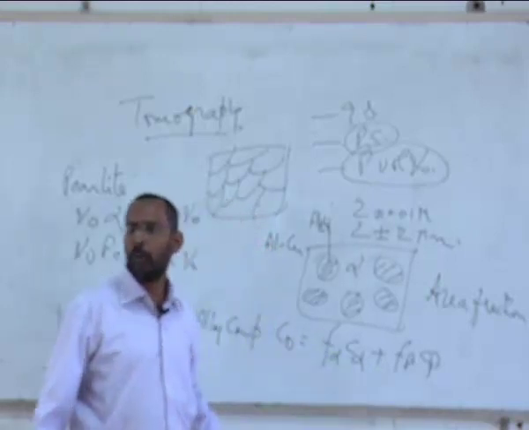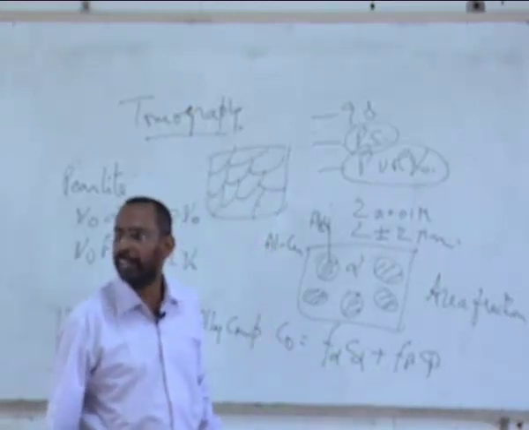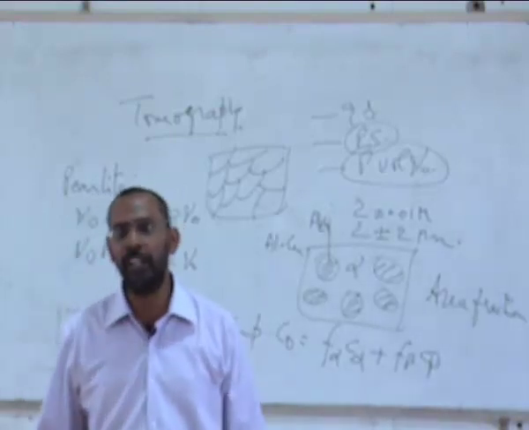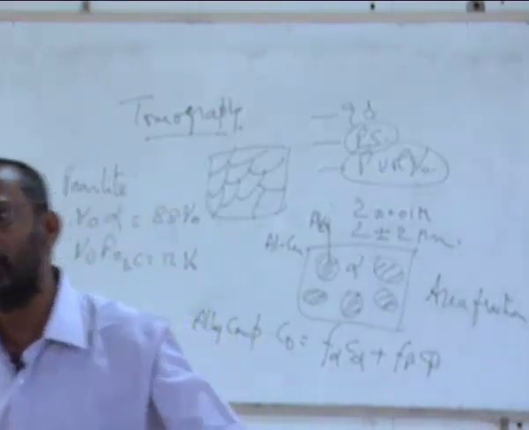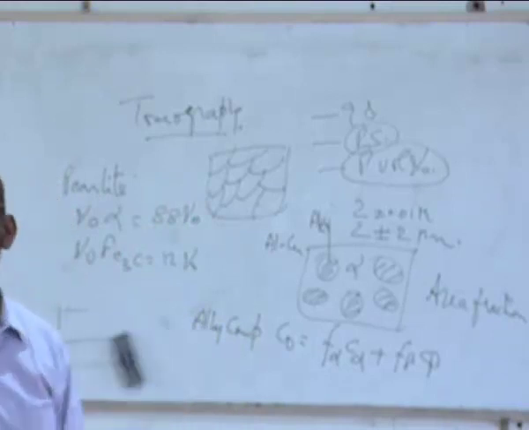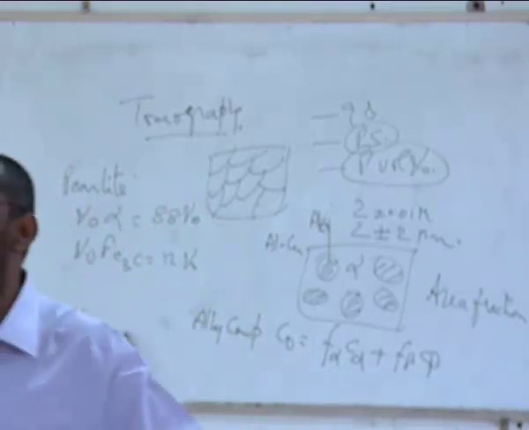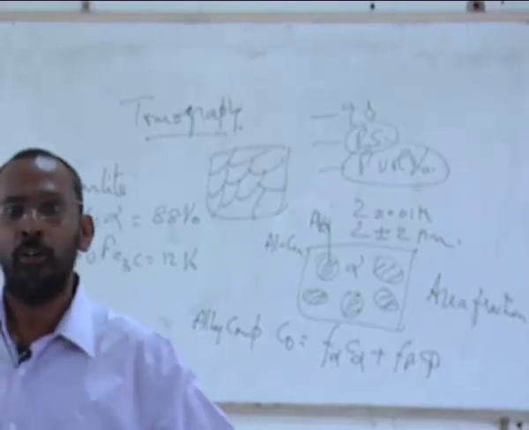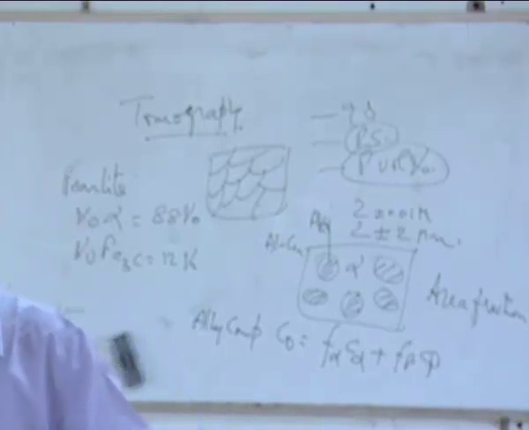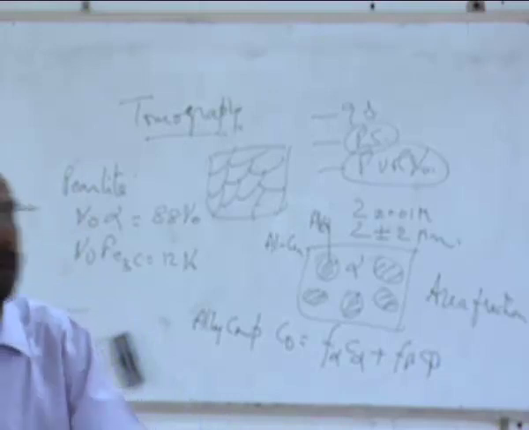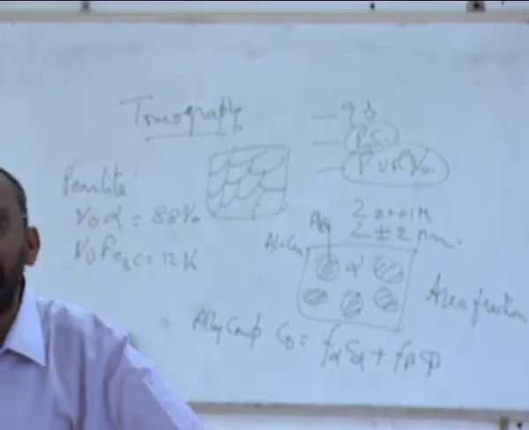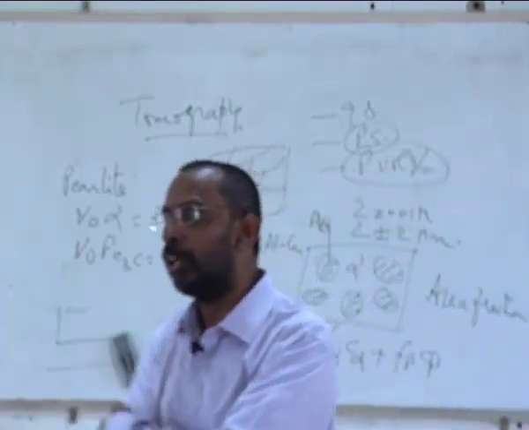And we know one more equation to connect this. What is the second equation to be used in order to derive the lever rule? If I want to find out the amount of alpha, amount of beta, F alpha, F beta, I have two parameters. Two parameters if I want to find out, I need two equations. One single equation cannot give me two parameters. What is the second equation? Nobody has told you how to derive lever rule.